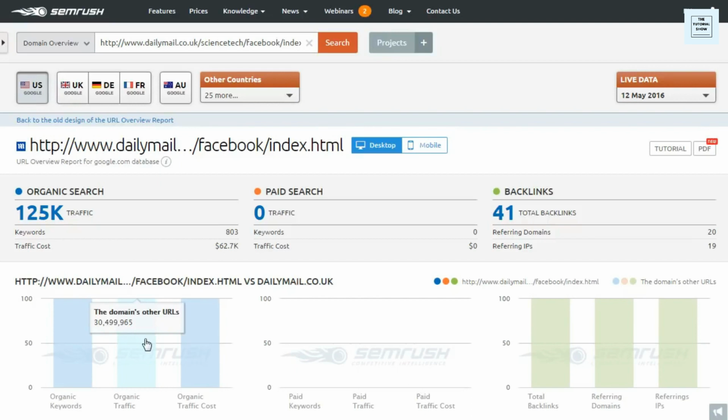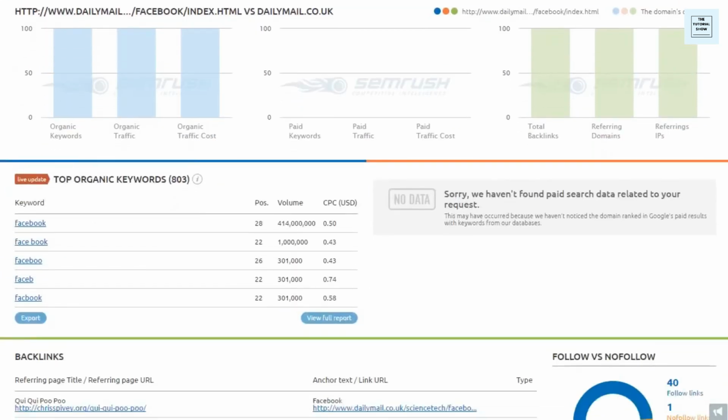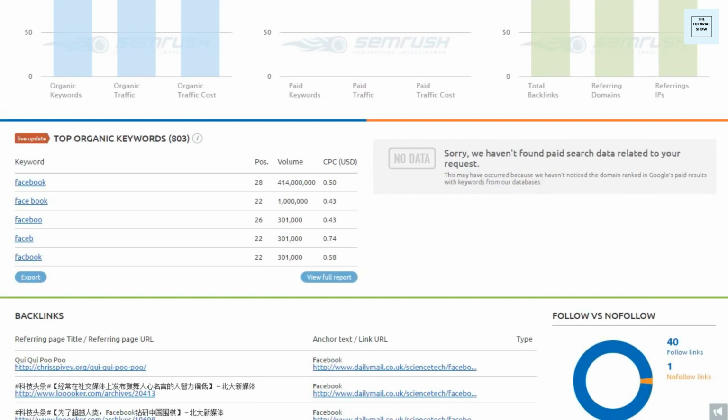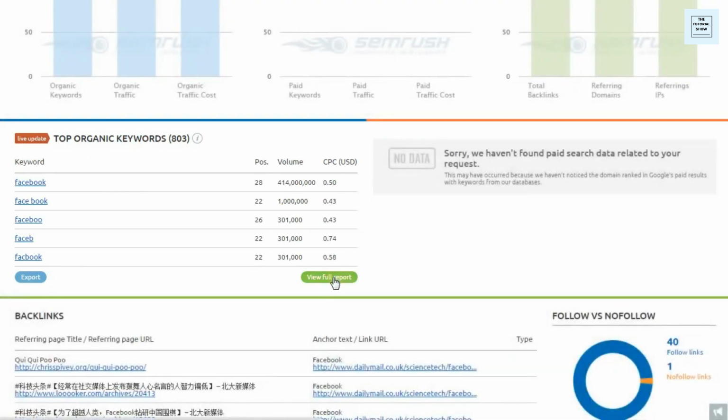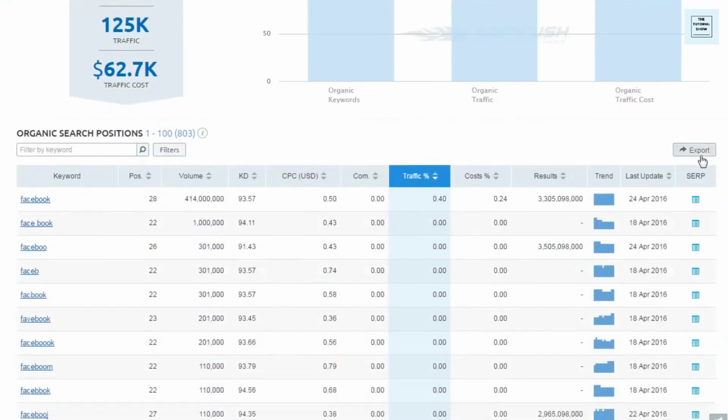So this particular page, it tells us how much organic search traffic it receives, how many backlinks it receives, and then we can scroll down and see which keywords this particular web page is ranking for, all of their positions. So what I like to do here is click on Get a Full Report. And then I like to export this list so that I can look through it and pick out any long tail keywords that come up, because this is oftentimes a great way to find some additional keywords that your competition may not be working towards that may generate some great traffic for you.